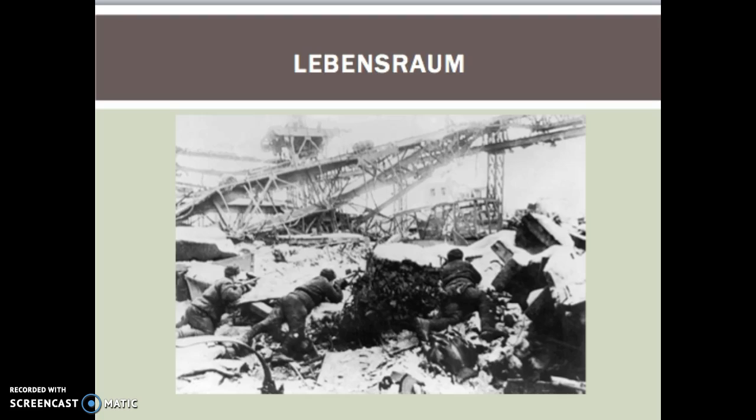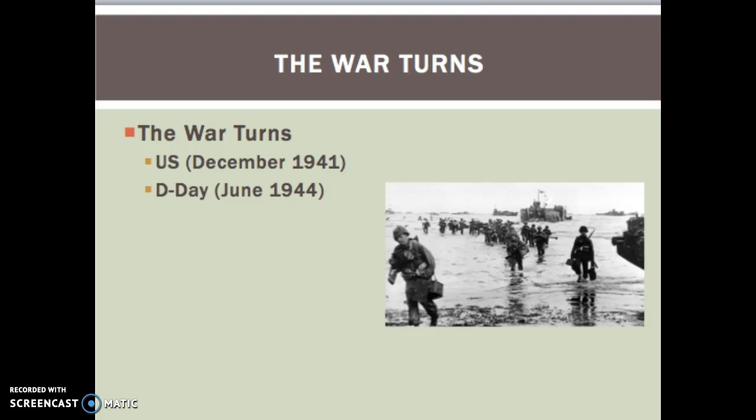One of the worst of these battles was the Battle of Stalingrad, where 1.1 million Russians died. Let me repeat that. 1.1 million Russian soldiers will die at the Battle of Stalingrad. More than 800,000 Germans and their allies will be killed in this battle as well. This is a massive battle, a massive attack, and it leads to a German defeat. The Battle of Stalingrad and, in fact, Russia's ability to stop the German advance in the east is seen as one of the turning points in World War II.